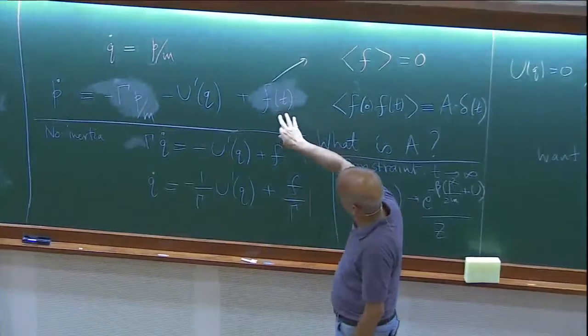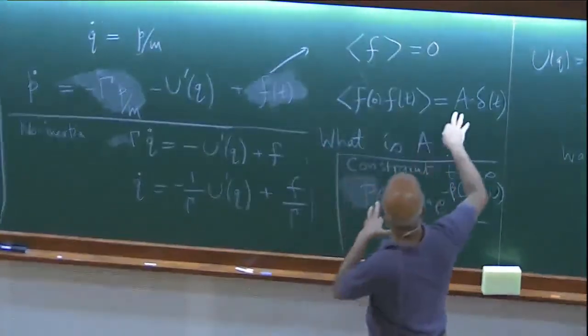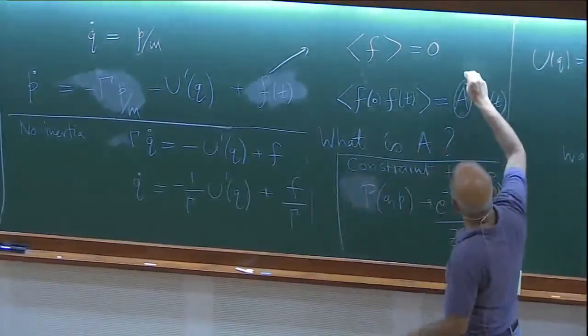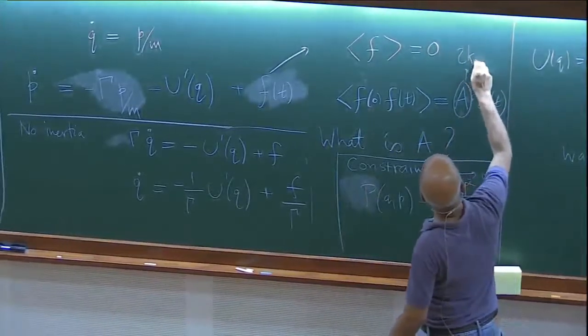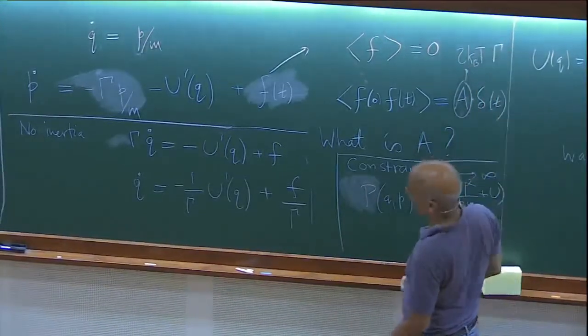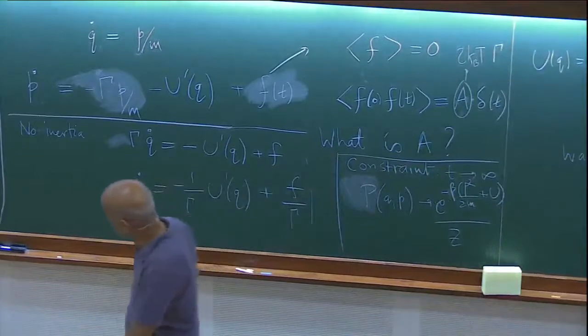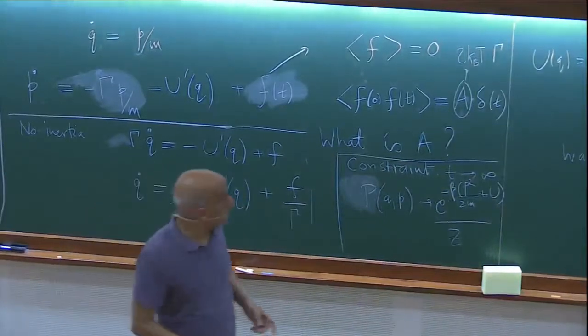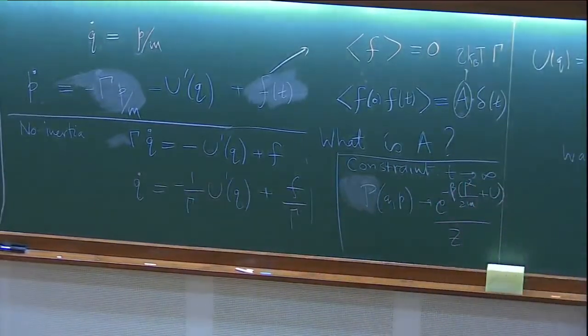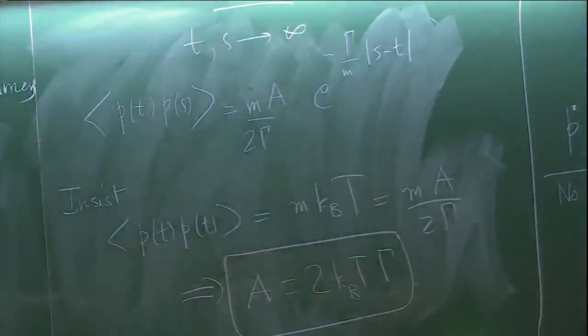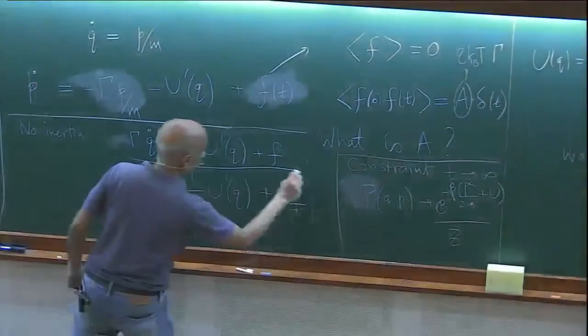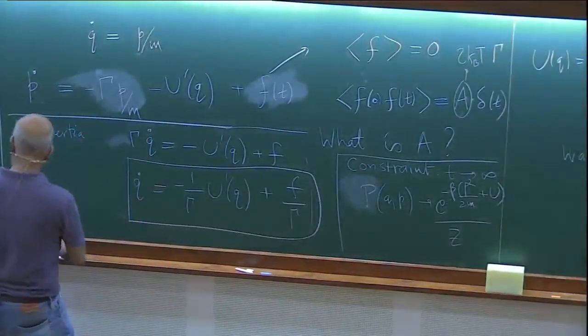Once you choose this to be a white noise, all you have to do is insist that this coefficient is 2 kBT times the friction. Okay? So now immediately you can get the answer to the other problem we had here, namely this one, at least for the case